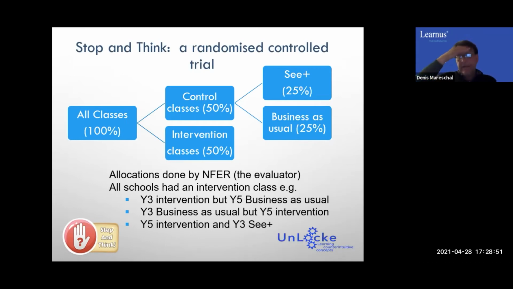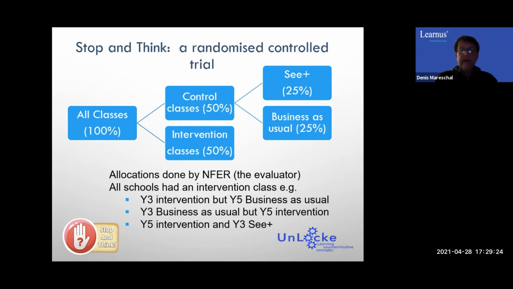Just to give an example, the other thing we did in terms of allocations is that in each school, both year 3 and year 5 took part. And one of the 2 years in that school would be the active intervention. For example, year 3 might be in the intervention, and the other complementary year, year 5 in the same school, would be allocated to one of the 2 controls. So maybe business as usual, maybe C+. And one of the advantages of doing this is that every school always had one of the active